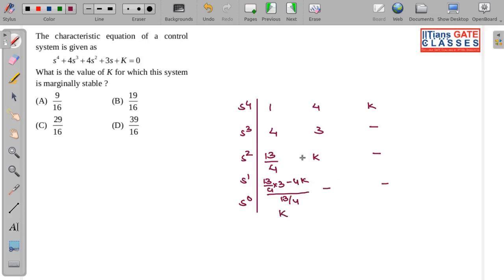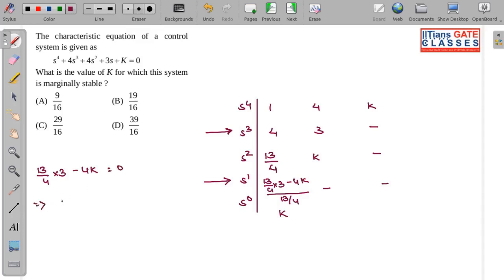So now for your system to be marginally stable, there should be a row of 0. I have told you a row of 0 happens only in your odd power of S. So this is one odd power of S, this is one more odd power of S. But over here you have your row fixed for S cube, but here it is not fixed. So what I will do is equate this to 0. So 13 by 4 into 3 minus 4K by 13 by 4 equal to 0. So this will be equal to 0,